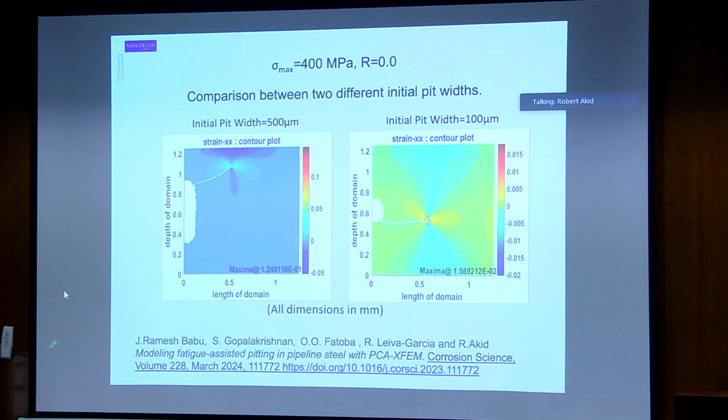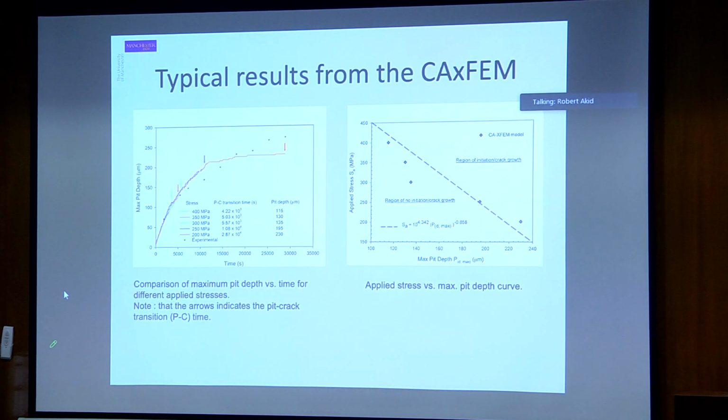So that's our approach to corrosion fatigue. We can get a number of different pieces of information from that work, such as the pit to crack transition time and the depth at which that transition occurs. But we can also look at boundaries between crack initiation